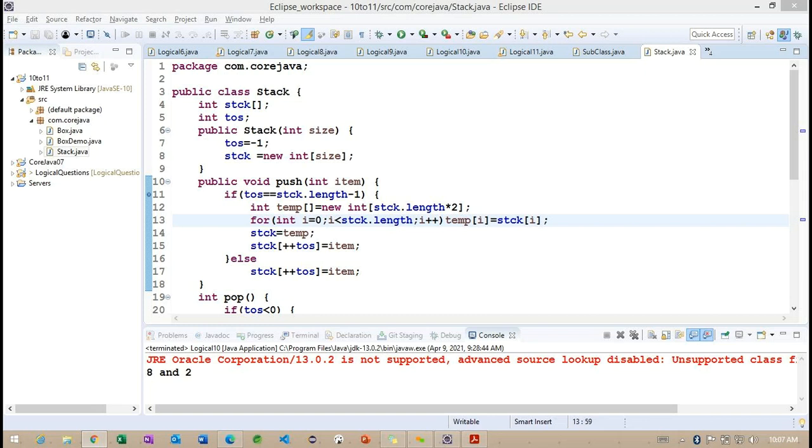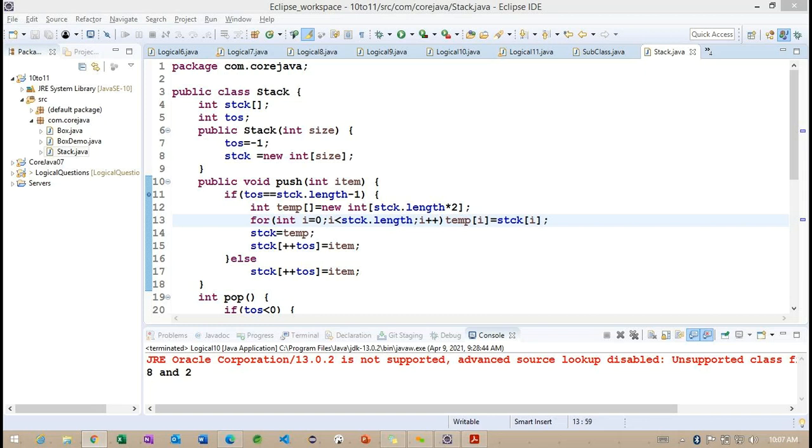Polymorphism has two types. The first one is compile time polymorphism, and the other is runtime polymorphism. Whenever we work with compile time polymorphism, we call it the overloading concept. Getting the point? This is a very important section, the overloading concepts.